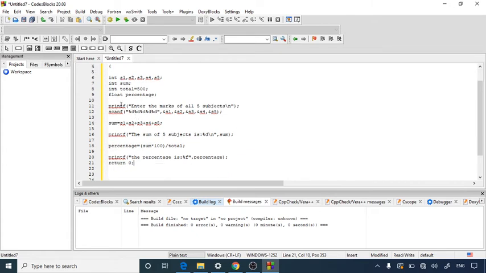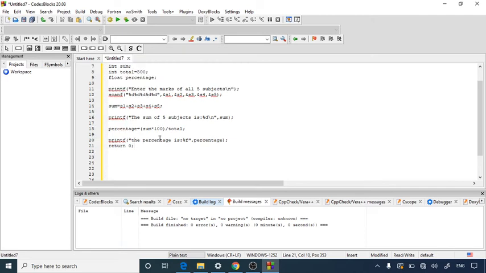First of all we have taken those marks from the user by using the printf and scanf functions. These are user entered entities, and after that we added those 5 subjects by using the sum variable and this formula, we have printed the summation result also, and then in the percentage formula we have written sum into 100 divided by total. This way you will get the percentage of all 5 marks entered by the user.